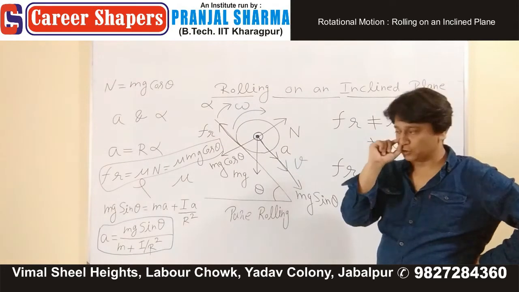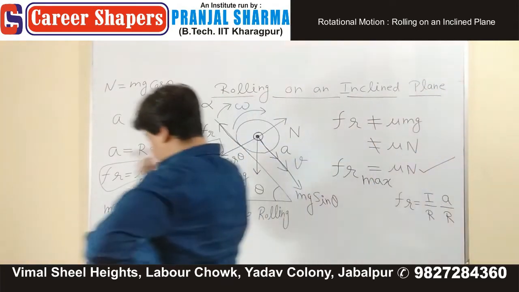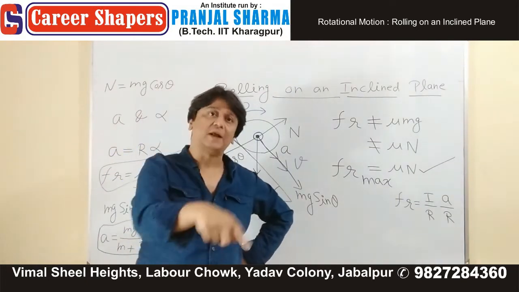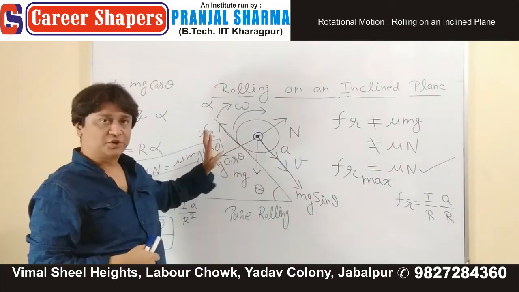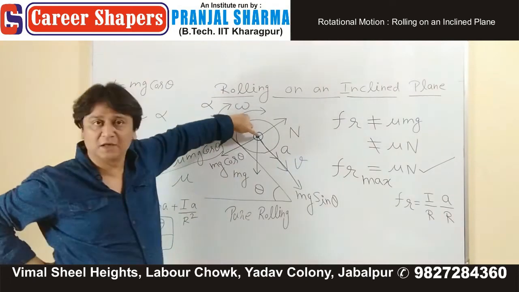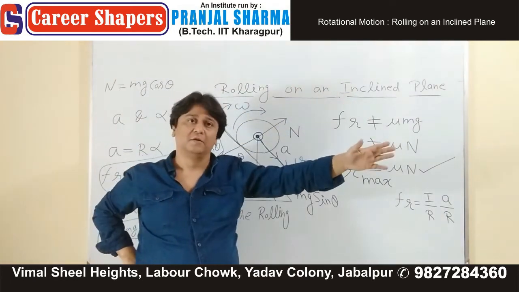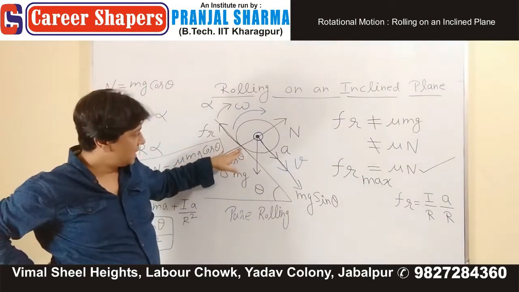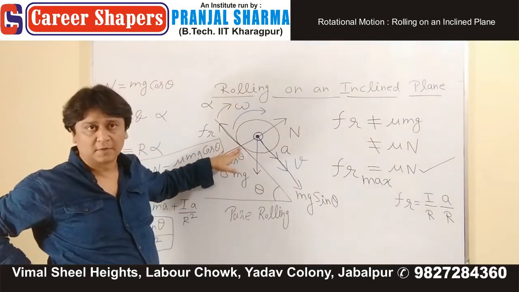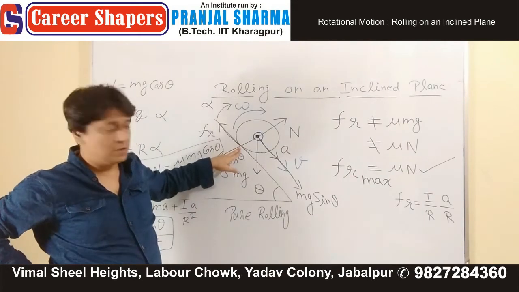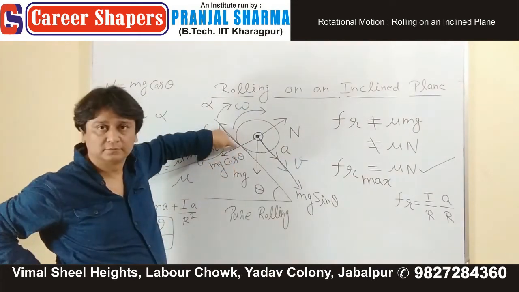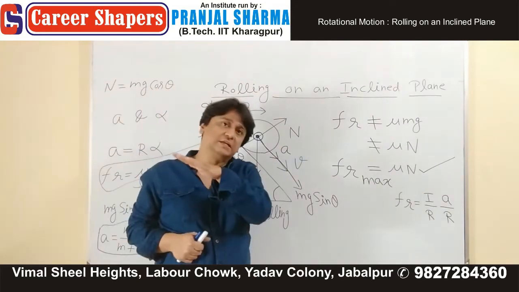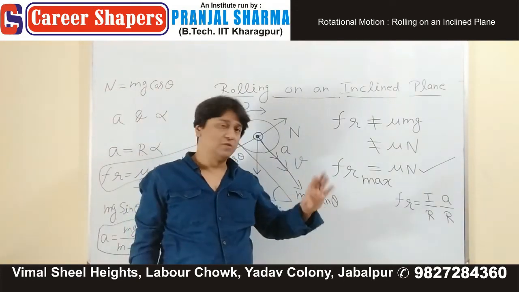And friction opposes what? Friction opposes relative motion of the point which is in contact. Friction इस center of mass के motion को oppose नहीं करता. वो कहाँ जा रहा है, कहीं भी जाए. Friction किसको oppose करता है? Relative motion of this. Now, this point, contact point, is not moving, is not slipping, and therefore